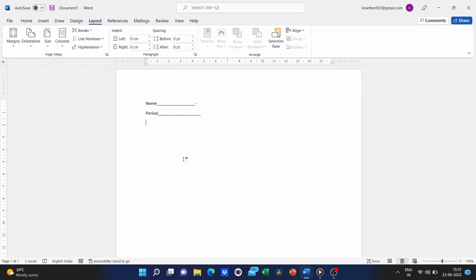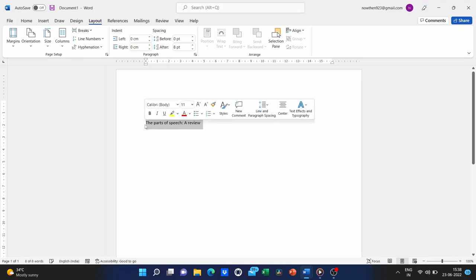And I would like this to be the title of my document. Now this is pretty typical, but what I would do here is highlight the text, and immediately I get a pop-up here with some options that I have. But I can also go here to the Home tab, the Home ribbon.